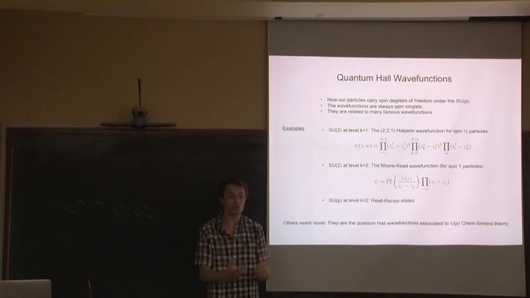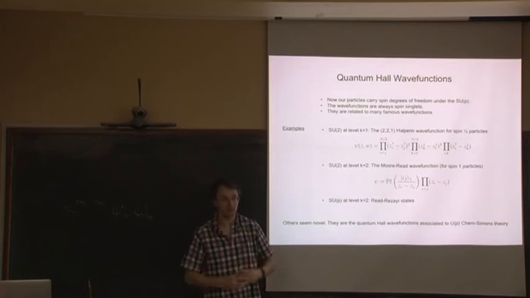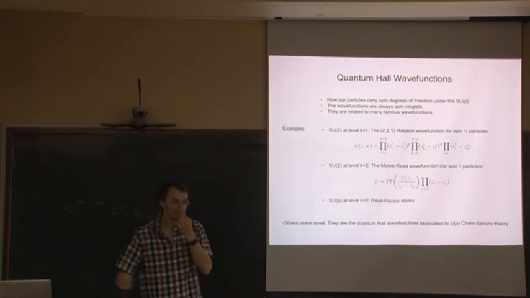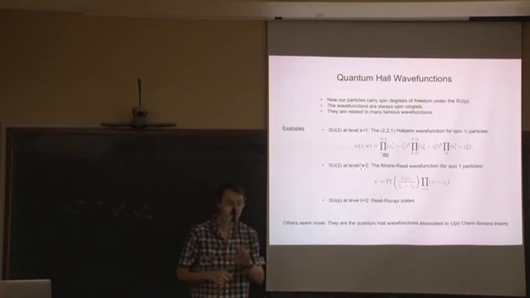But there's some emergent Chern-Simons theory. We're finding a way to more concretely start with that Chern-Simons theory and relate them to the wave functions that people have proposed. I see. You mean these non-Abelian Chern-Simons theories were proposed as the effective energy description for these cases? Yeah. Although there's some confusion.